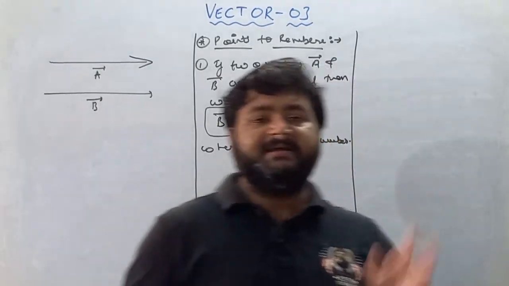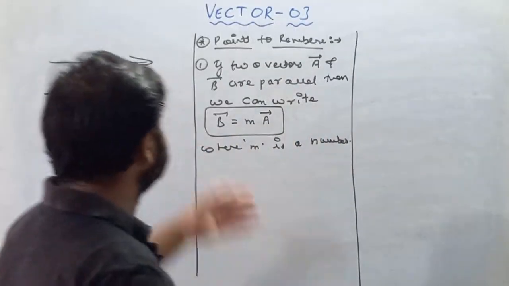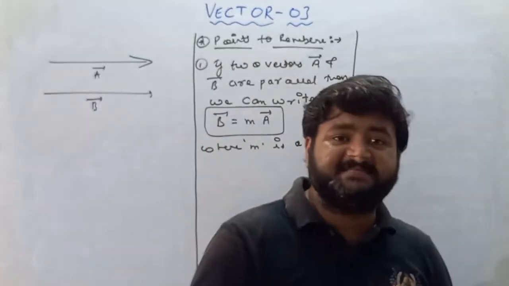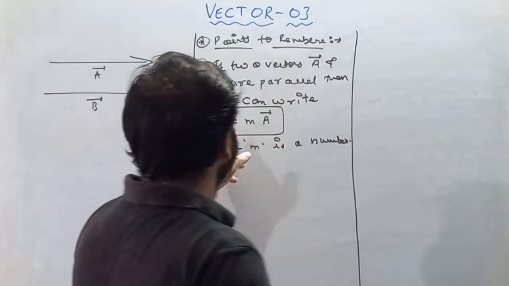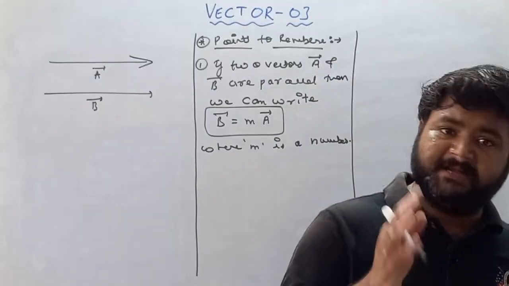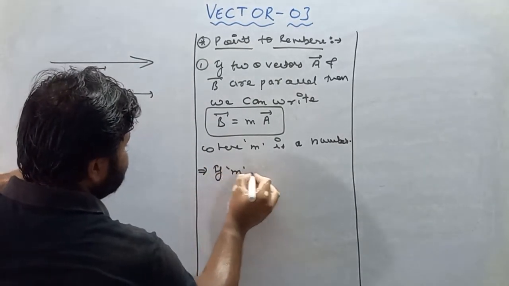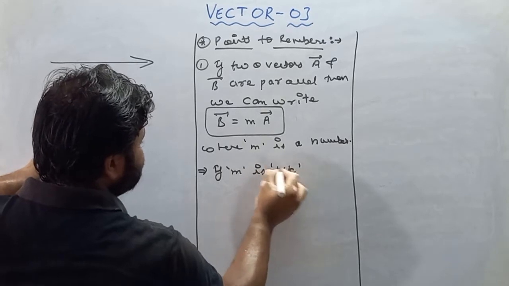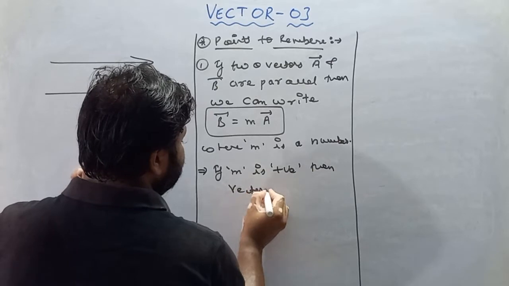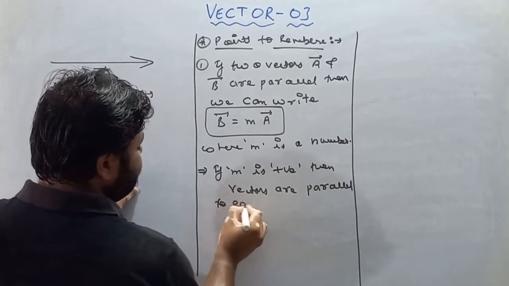So my dear student, this statement says that if two vectors are parallel, let's suppose one vector is A vector and the other vector is B vector, then we'll write B vector is equal to m A vector, where m is any number. Now see, remember this thing, my dear student, if m is positive, then the vectors are parallel to each other,